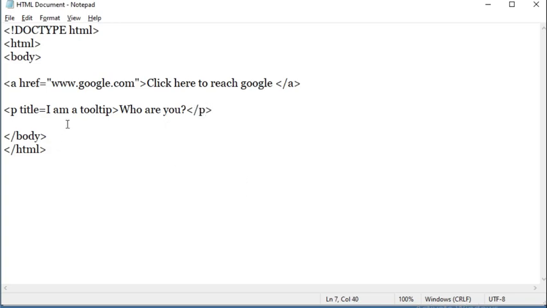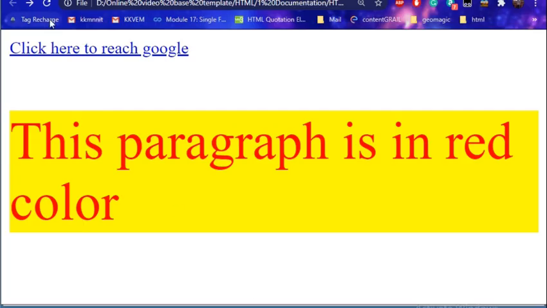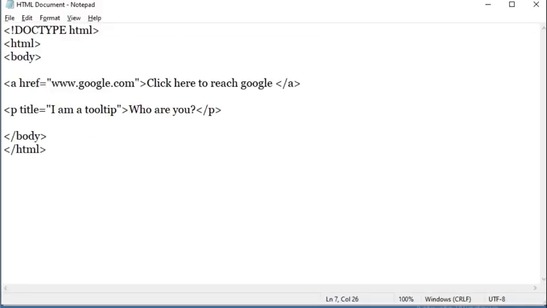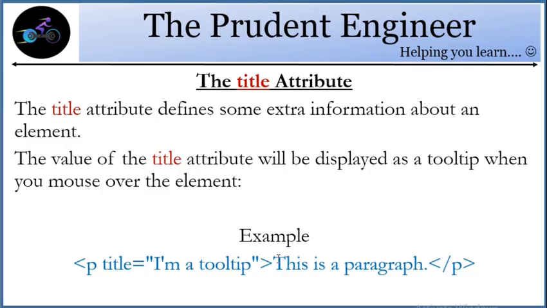So I started a paragraph and gave it a title attribute equal to I am a tooltip. I'm sorry, I forgot to put the quotes. So, title equals, in quotes, I am a tooltip, and I save this. I run the program and what I get is, who are you. But where is the tooltip? When you hover over this text, it will show, I am a tooltip. So this is the basic feature of the title attribute.